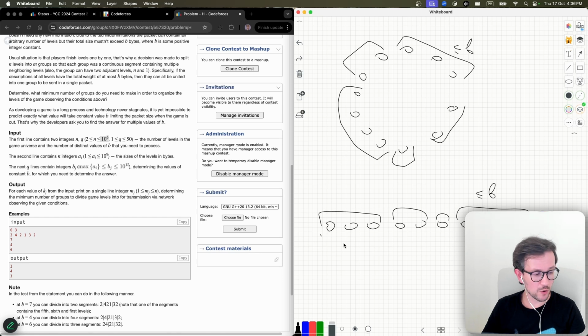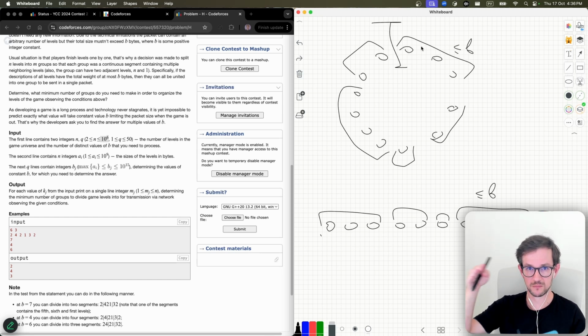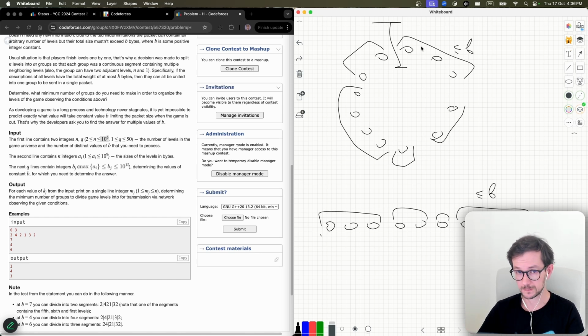Very simple. The only trick is we have not an array of elements, but a cycle of elements. So we have this cycle. What's the difference with a cycle? How to deal with it? A cycle is kind of a linear structure. If we break the cycle here, we will have the same linear structure, so we have a problem on an array. The problem is we don't know where to break the cycle in such a way that we